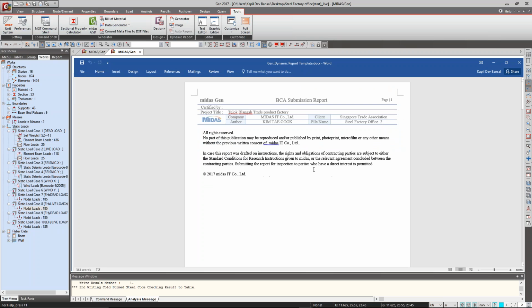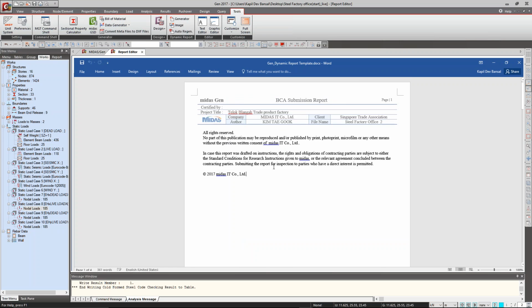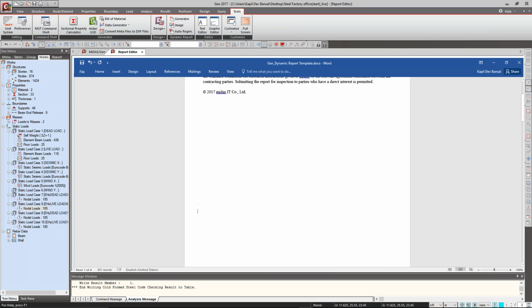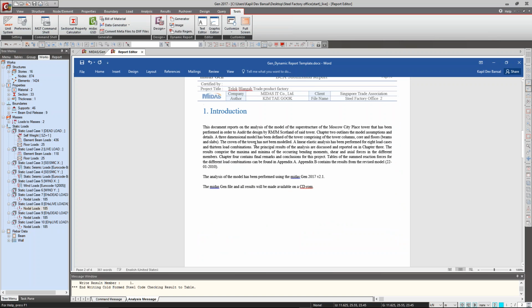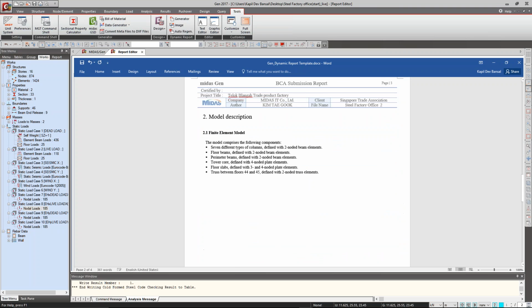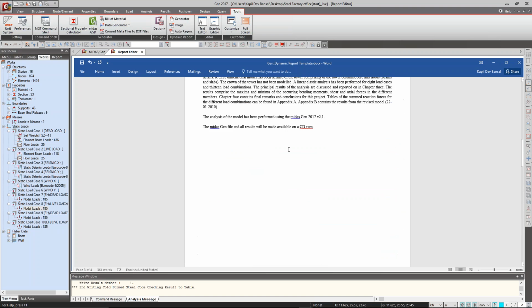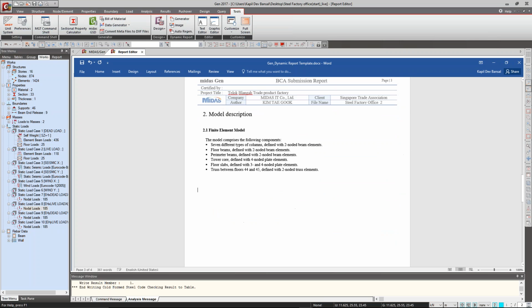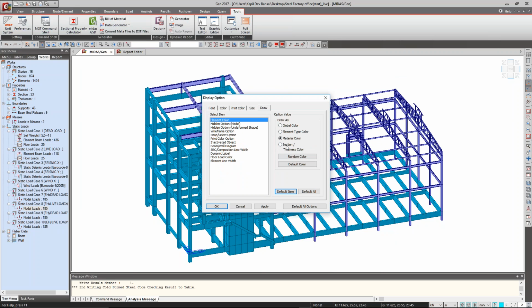Then the program actually opens the Microsoft Word file inside of your program. So here I have the template of my calculation report. So my template is like this, and then there's some introduction of my project, and then model description. So in this kind of report, we can actually add the screen captures. So for example, here in the model description,